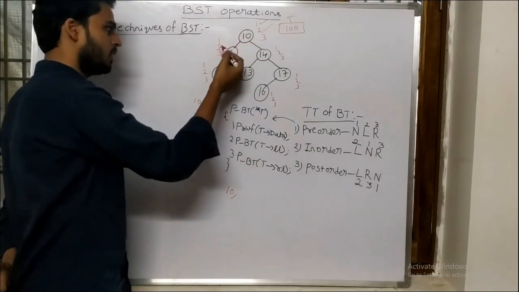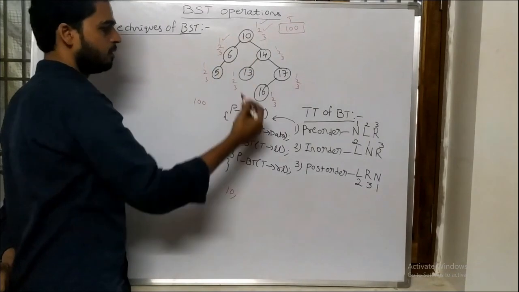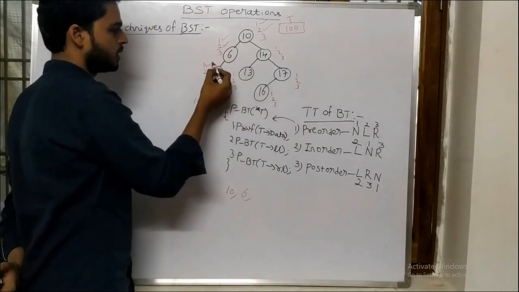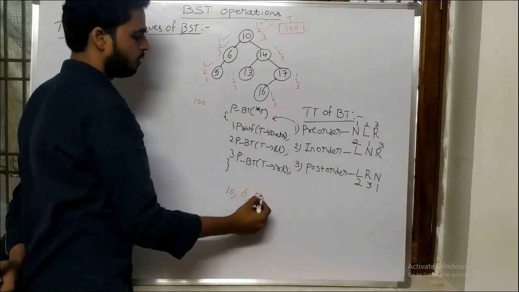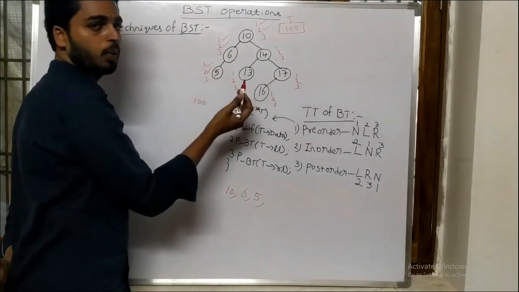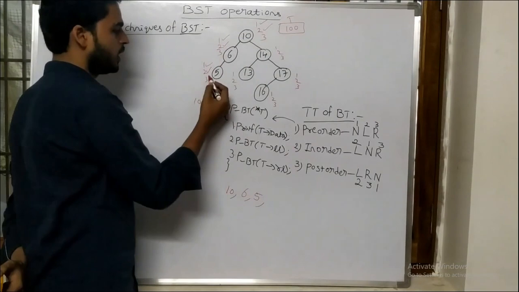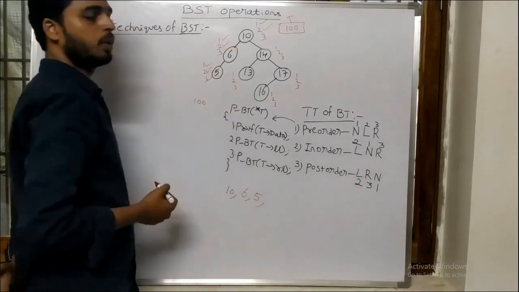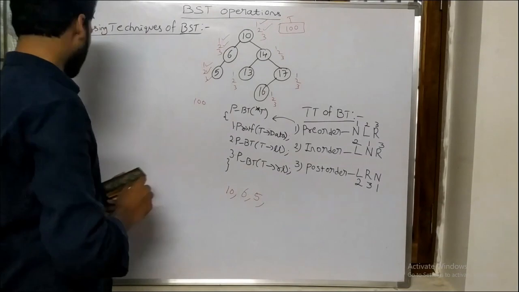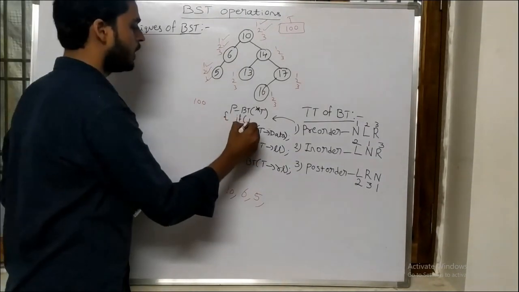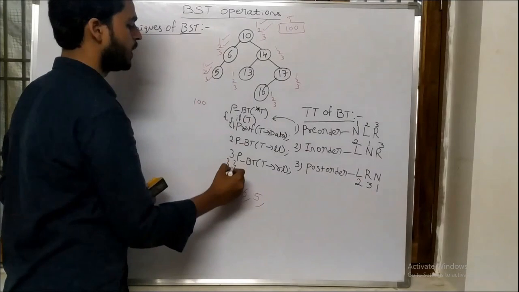So I am just defining the left side first statement, which is 6. Then executing the second statement, the left side first statement is 5. Then the second statement: there is no left side, so it will stop the process. Then it is going to execute the right side. There is none, so it moves on. See here, you need to make a small modification: if a node exists, then only we need to execute these 3 statements. Otherwise, we won't execute.